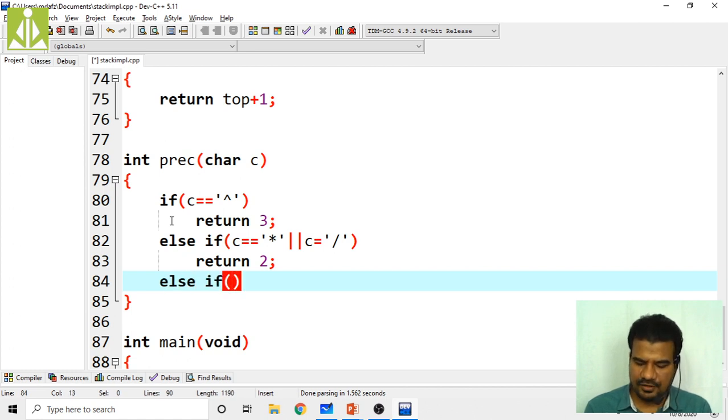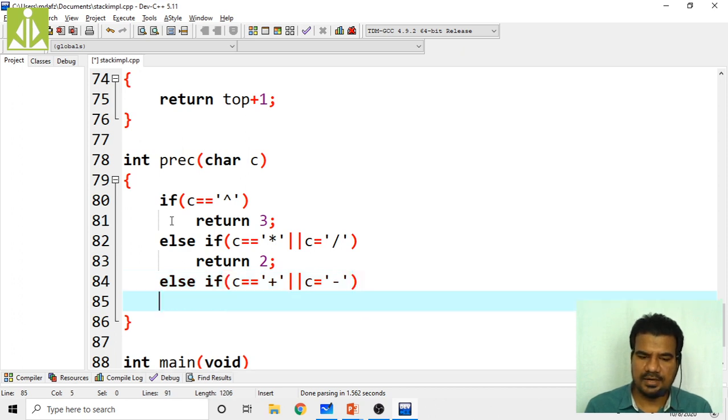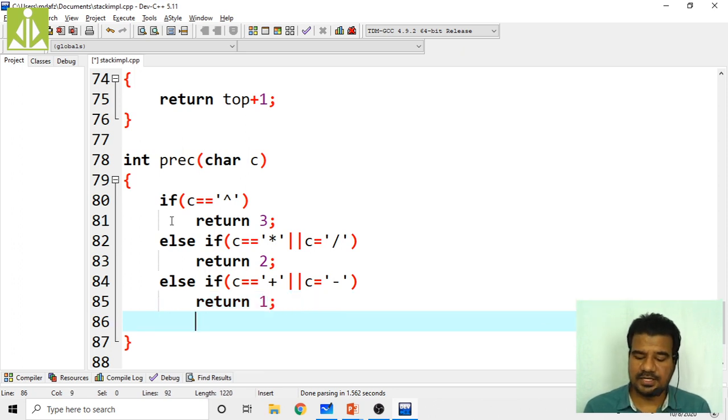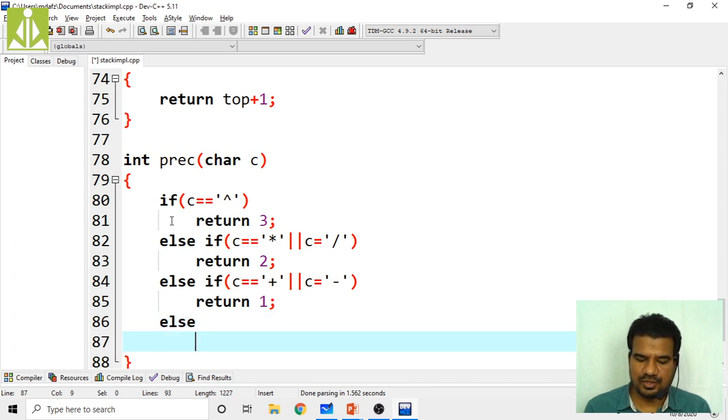Else if my C is equal to addition, that is the plus sign, or C equals the minus sign, then return 1. If it is any operator other than these, that is else, then return minus 1.